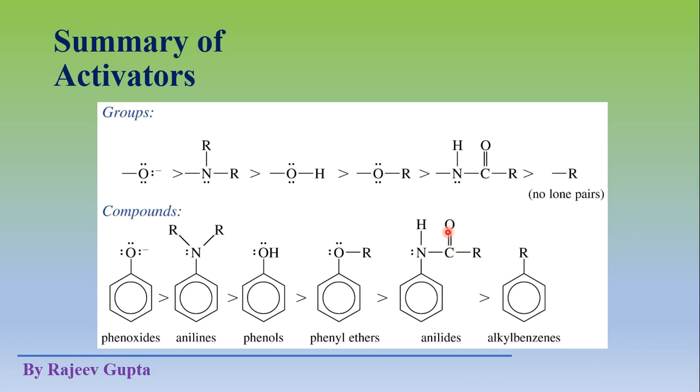This carbon oxygen double bond contains one sigma bond and one pi bond, and the pi electrons are in conjugation with this lone pair of the nitrogen atom. So these lone pairs are in conjugation with these pi electrons, and also with the ring system. So there are two possibilities, and the lone pair is less available for the benzene ring due to this movement. So it is somewhat less reactive towards aromatic electrophilic substitution compared to this type of aniline derivatives.